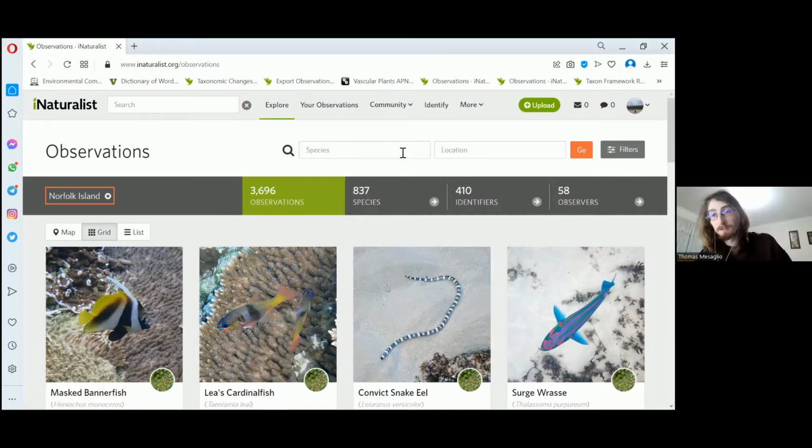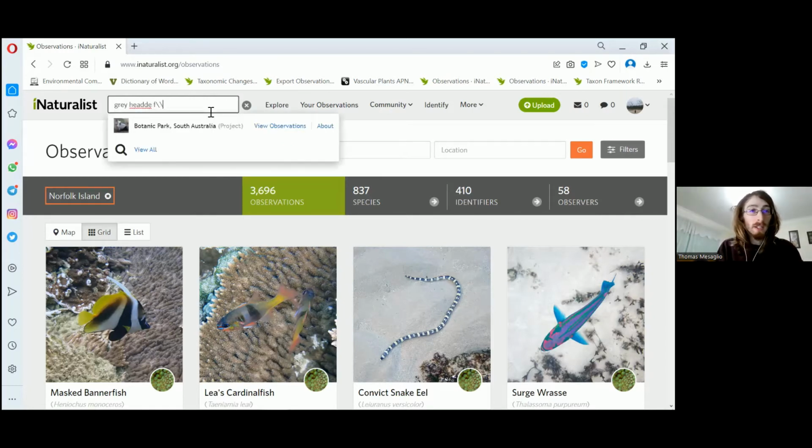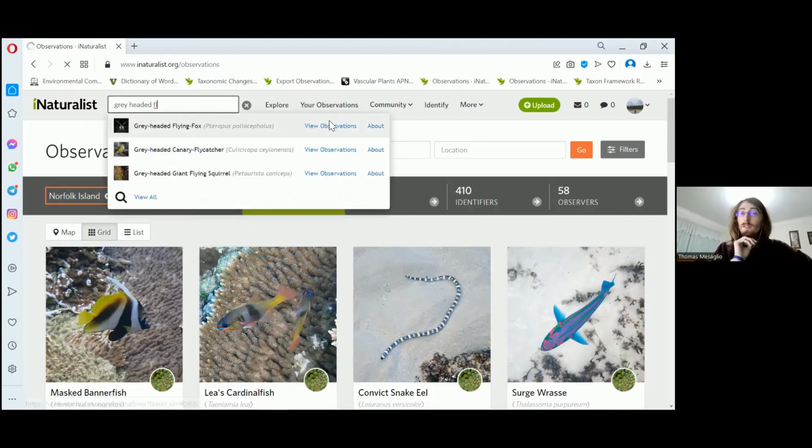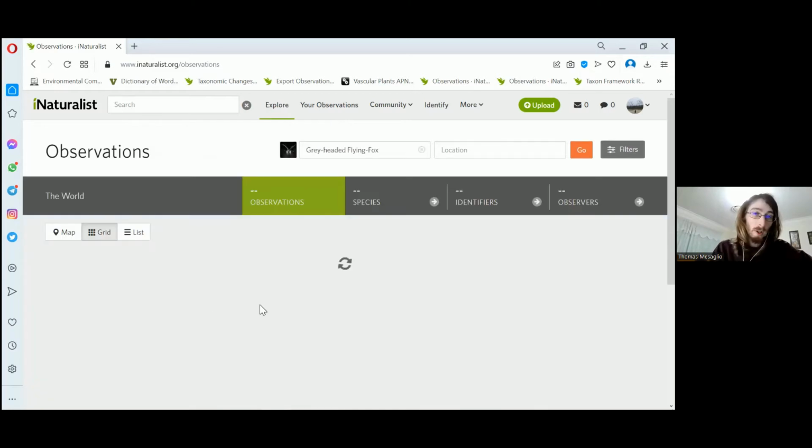If any observations were made in that area that were then obscured, they actually get bounced out of the place. So if a grey-headed flying fox, for example, which has its observations obscured on iNaturalist, and I'll just show you what this looks like as well, just to be completely clear, if I can actually get my fingers to work and type it in properly. So if I go to grey-headed flying fox and I click on any given observation,